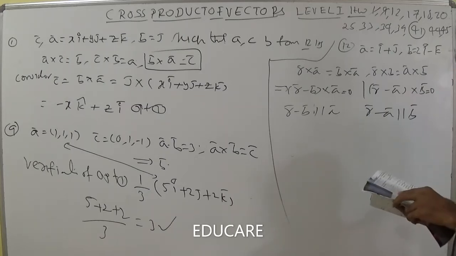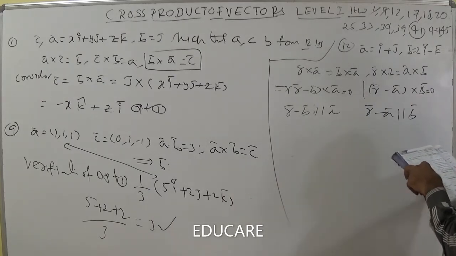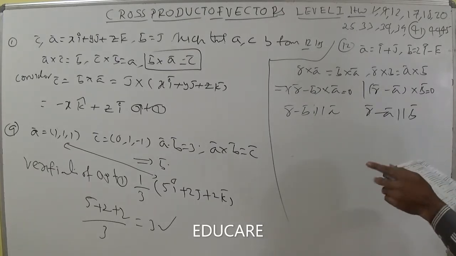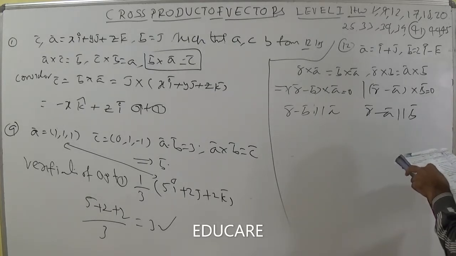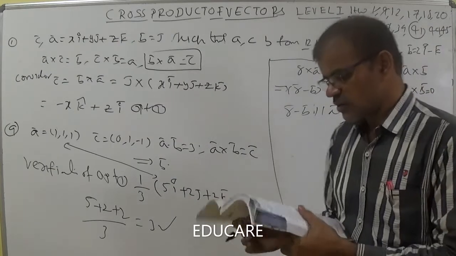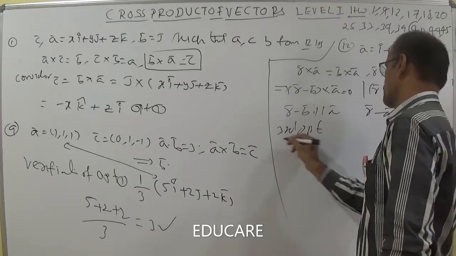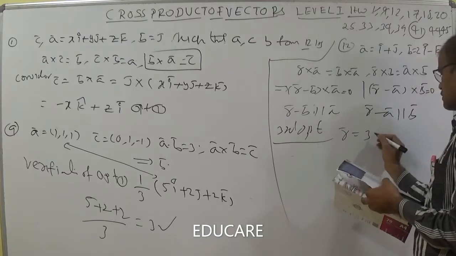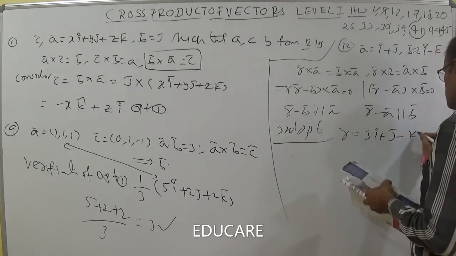Second thing, R bar minus B bar. So minus I minus 2I, minus 3I it becomes, it is not possible. So minus I minus 2I and plus K minus K, 0. So with option A you will not get the answer. By verification, the third option is better. I am writing the third option: R bar is equal to 3I plus J minus K.